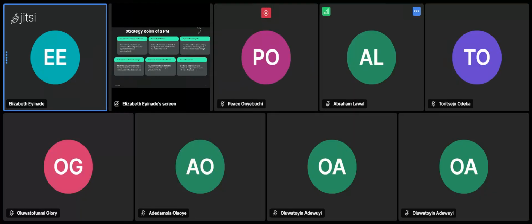Okay, so let's start. For Toriseju, she said the Google Meet feature that needs enhancement is the chat box. Highlighting of messages on the chat box. How many of us agree with this? Do you understand the highlighting of messages? That if I message hello everyone, from that hello everyone, Toriseju should be able to reply that hi, I'm doing fine.